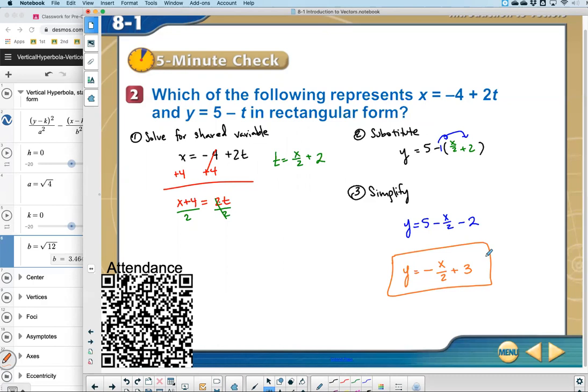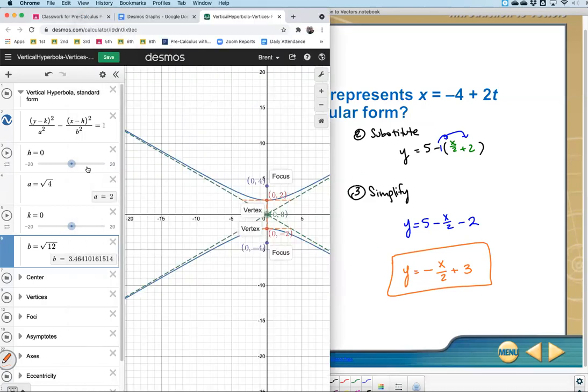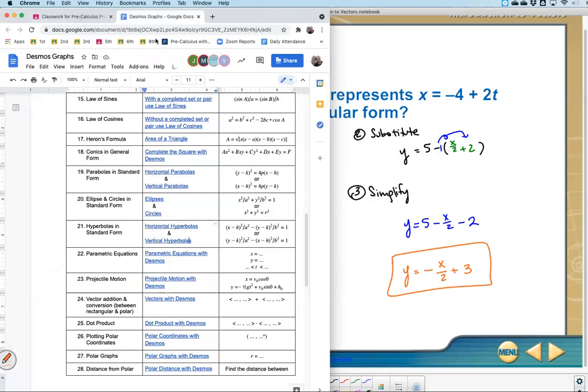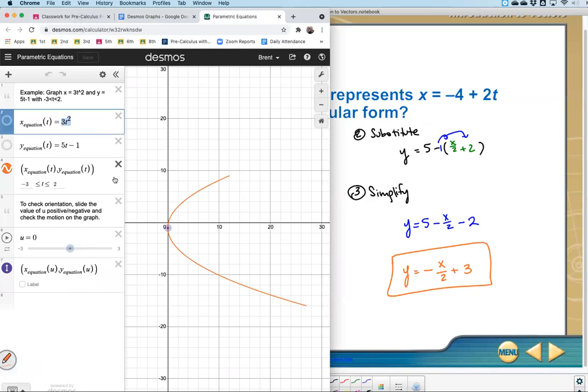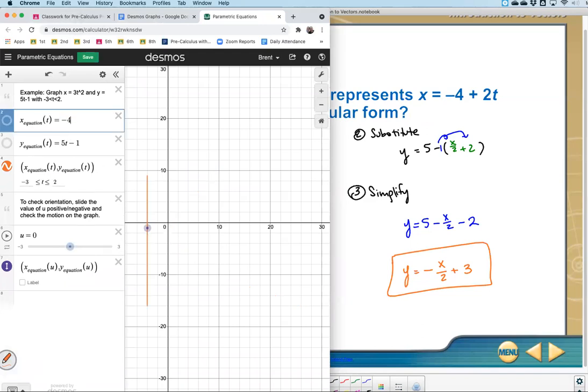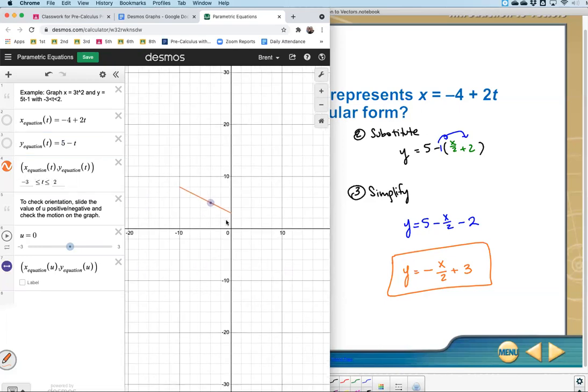And I have a calculator to check our answer, if you wanted to use guess and check when we had multiple choice. This is calculator number 22, parametric equations. The first equation we were given was that x equals -4 plus 2t. The y equation was 5 minus t. They did not give us the parameters, so I don't know what values of t we should have. Mine by default is -3 to 2, which graphs this portion of the line. If we checked our answer,